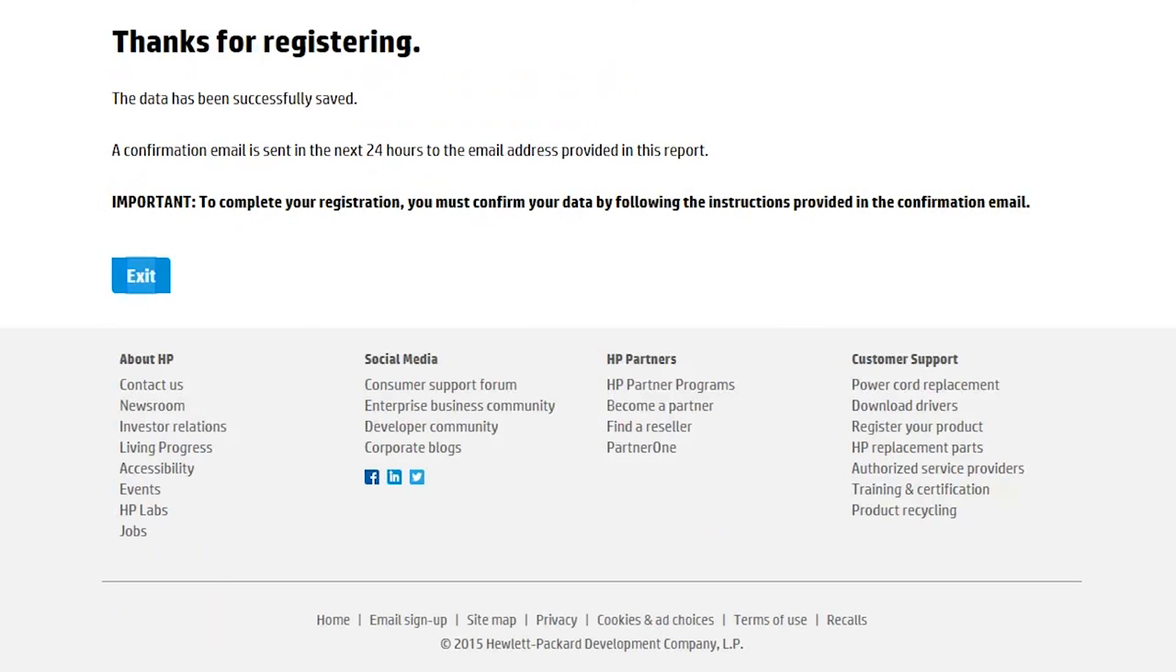24 hours after submitting this document, both customer and partner will receive a summary of all the data provided during